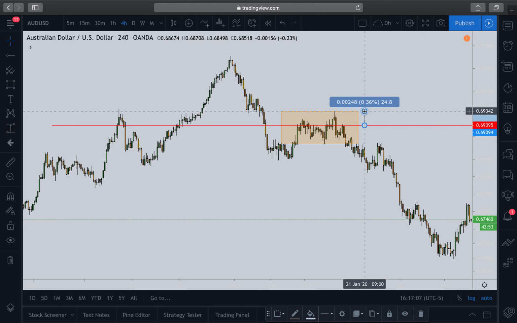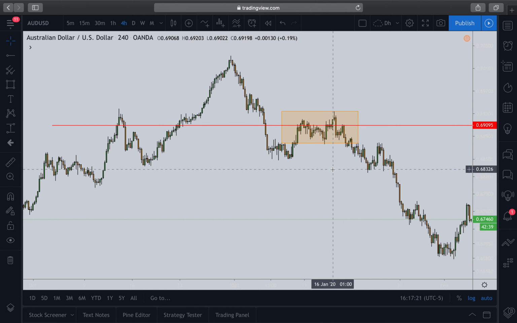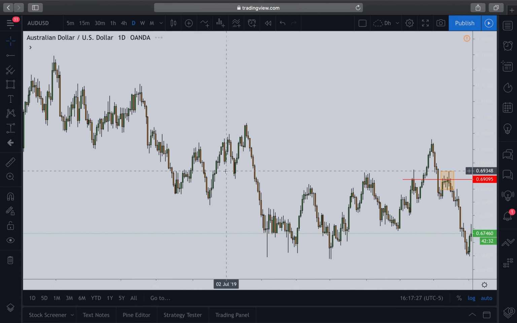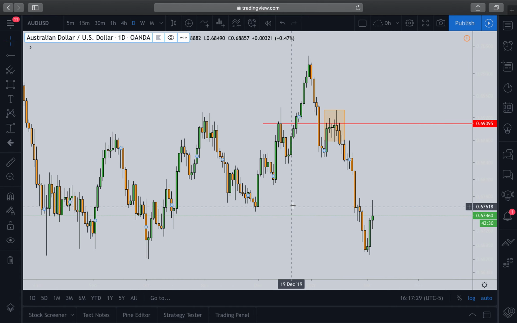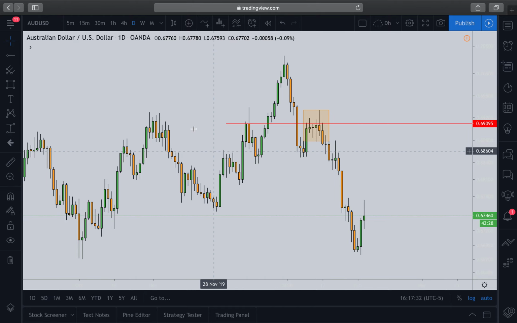So about 24 pips. If you've been tuning into my videos before, you know my ratio is a 33 pip stop and a 33 pip TP. In this scenario, your stop doesn't get hit, but sometimes you can just wait it out to get that better entry, right? And what I mean by that is if you spot this on the daily,